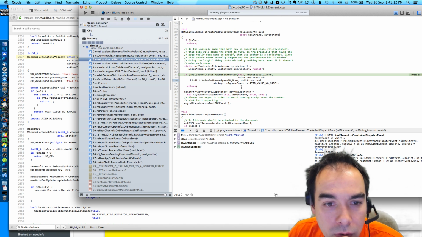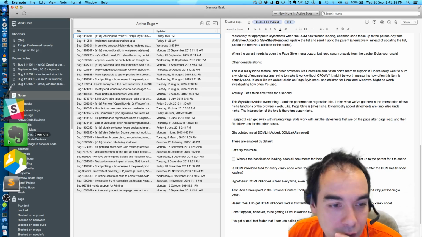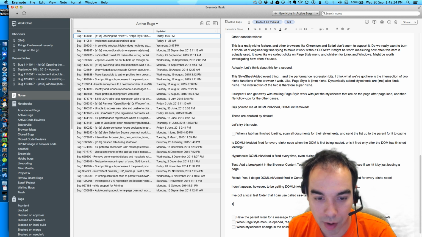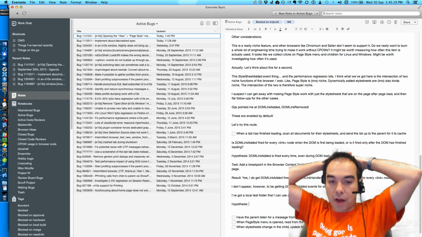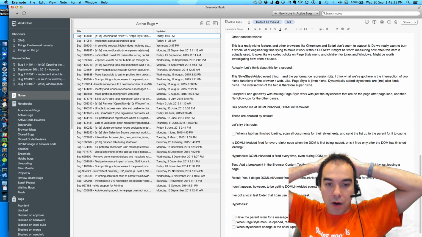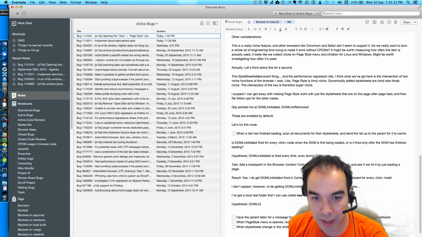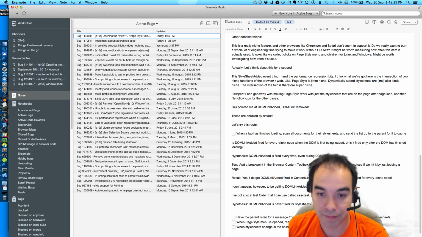Maybe we don't ever fire the DOM link added. Theory, hypothesis, which will kind of knock our plan out of the water, but DOM link added is never fired for style sheets.